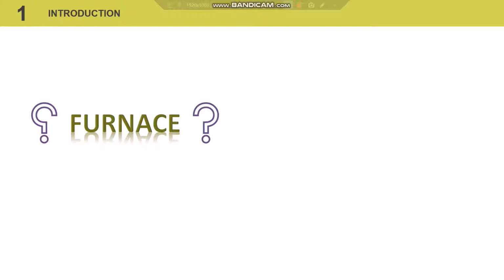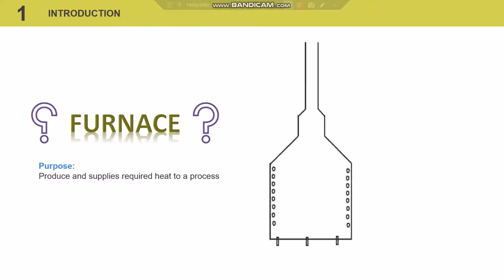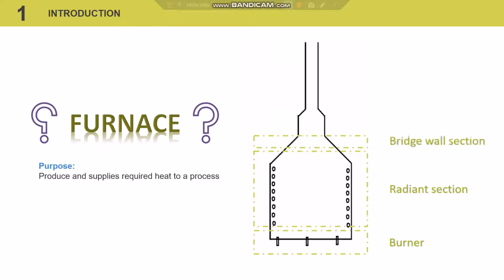So what is a furnace? A furnace, also known as a direct fired heater, is an equipment that produces and provides the required heat to a process. This figure shows a typical type of furnace. A furnace consists of a few components or sections. From the bottom, the first component is the burner, followed by the radiant section, bridge wall section, convection section, and lastly,